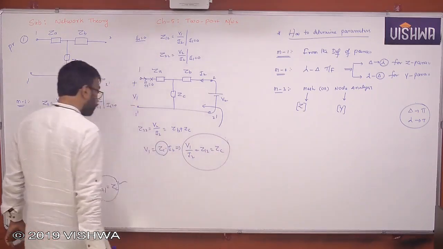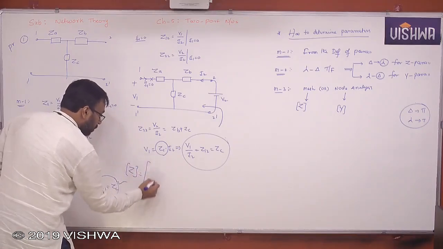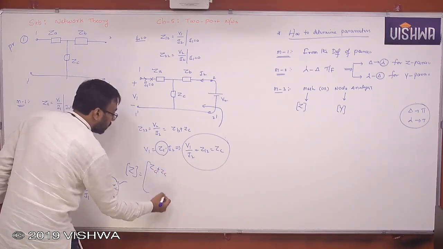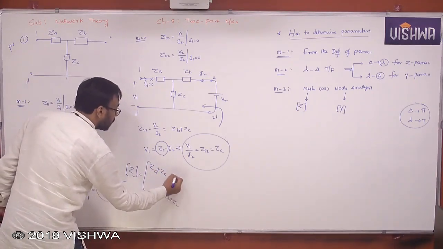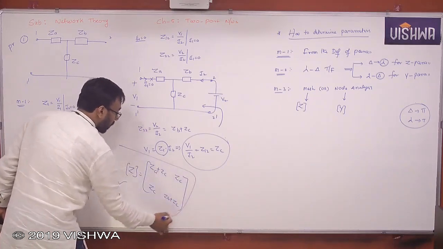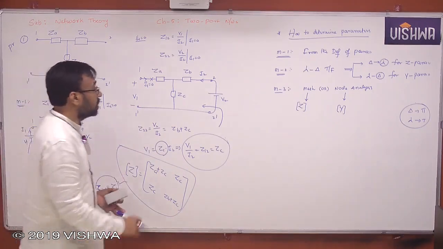That's it. Okay, so I got the Z matrix equal to ZA plus ZC, ZB plus ZC, ZC and ZC. I hope you understand this. Clear, all of you? Okay, so you can go with this. Now,